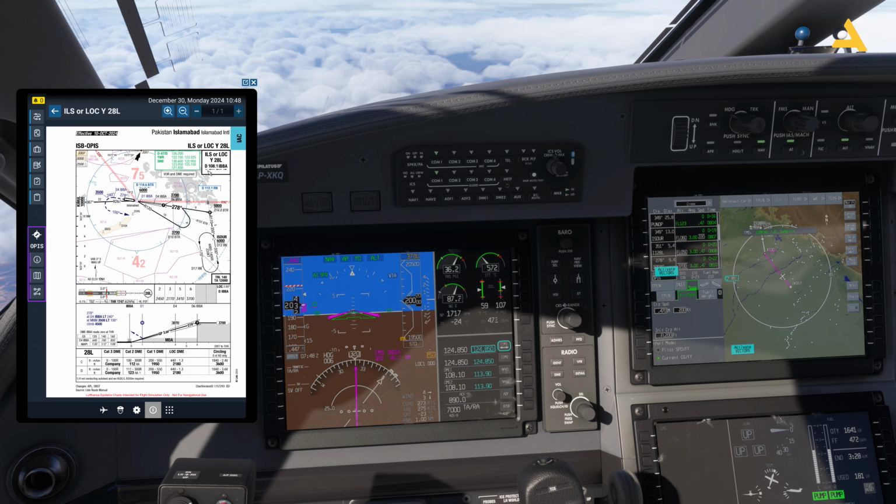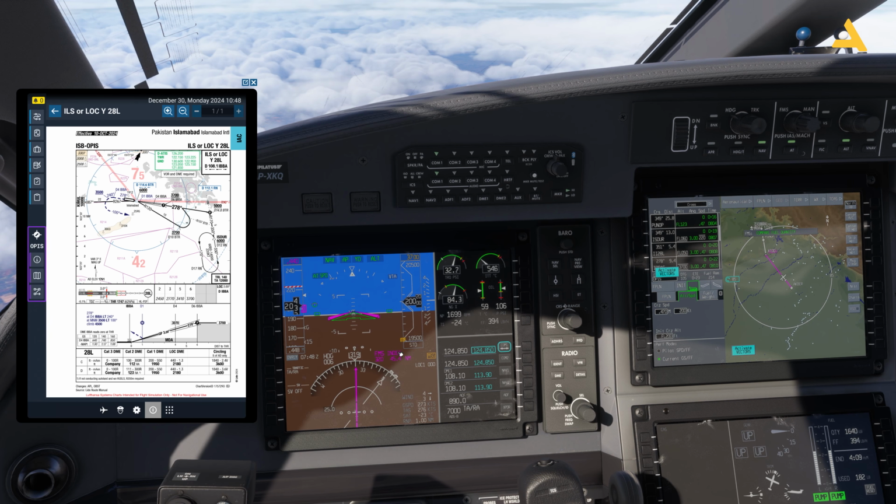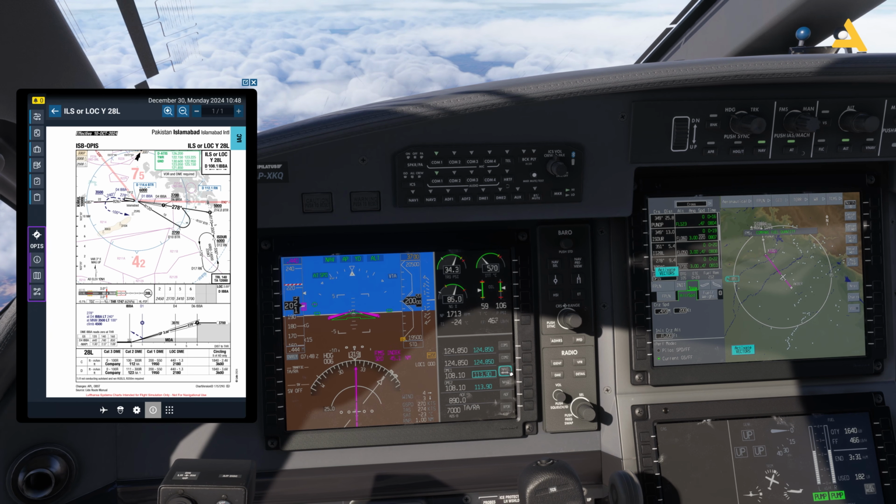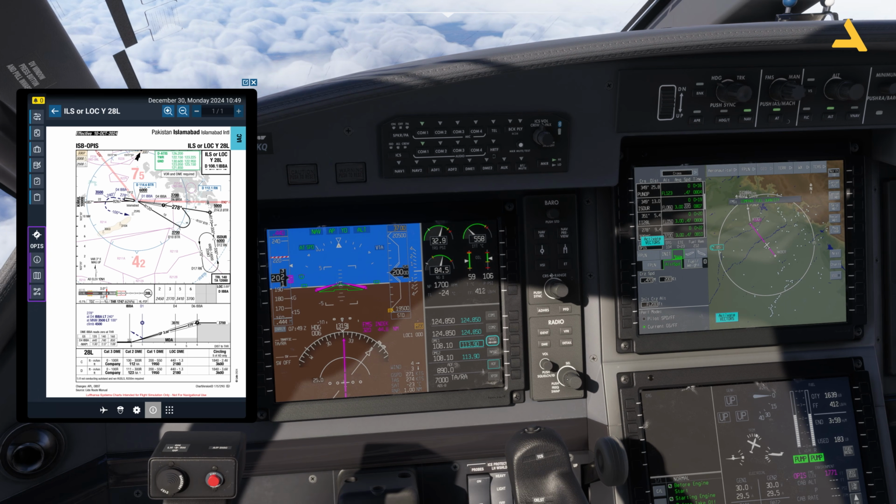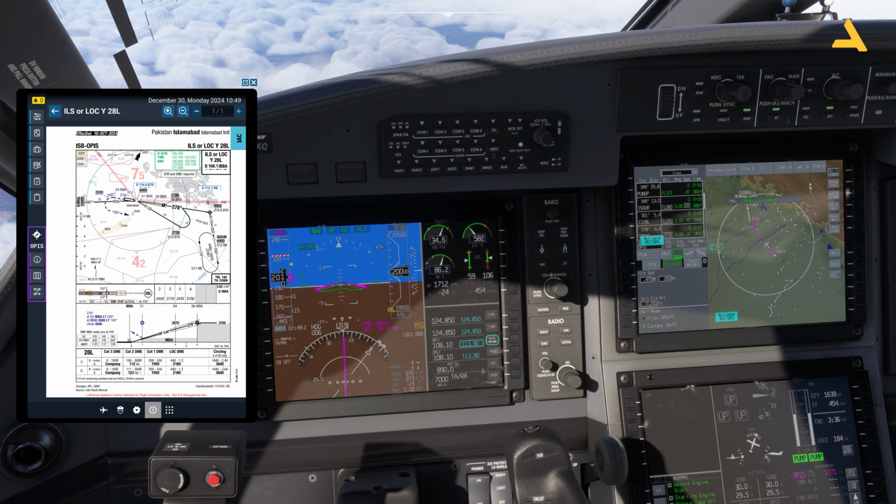Now let's look at the ILS frequency. It's 108.1, which is there. If this frequency is not here, then you can just click this option, nav1, and then you can change the frequency over here. You see these two knobs. The larger one changes the number before the decimal and the smaller one after the decimal. So it's 108.1, so I can just change it,